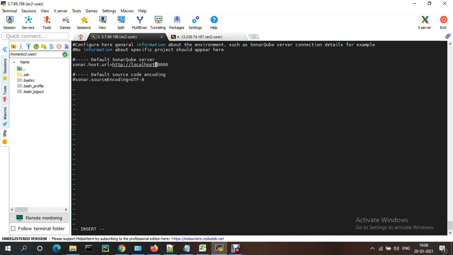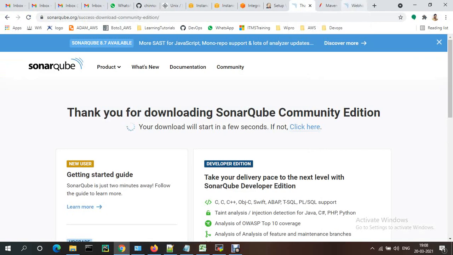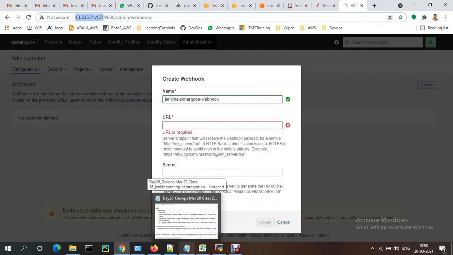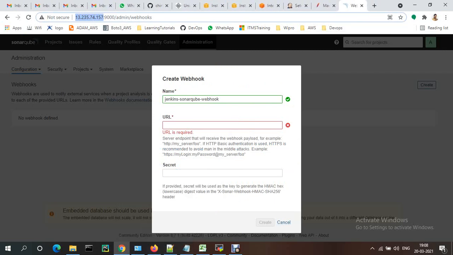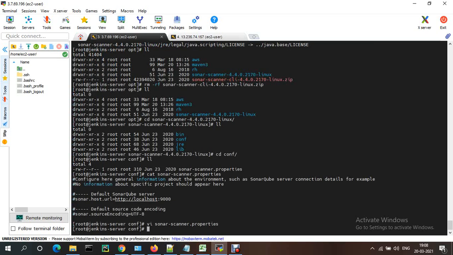I need to provide the Sonar IP address. This is the Sonar IP. I'm just saving.